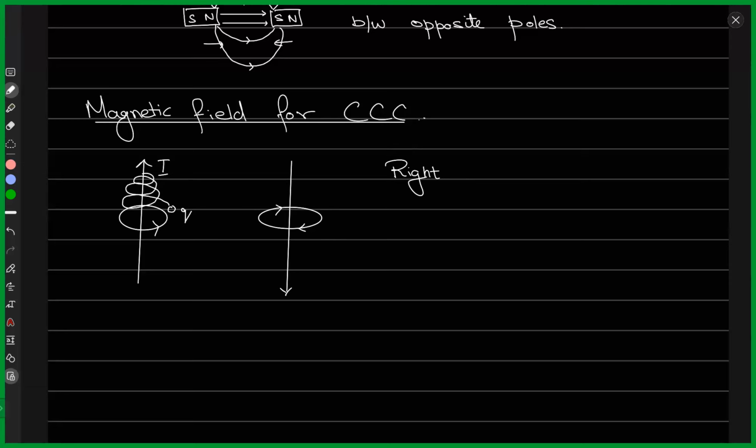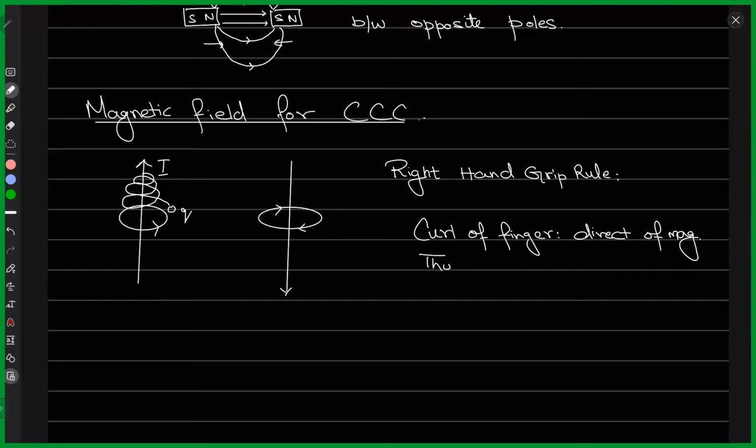So if I have a straight wire that I've just drawn, there is a rule called the right hand rule, or right hand grip rule, which just means that if I hold this conductor, I curl my fingers around it, and the curl of the fingers tells me the direction of the magnetic field, while the thumb points in the direction of flow of charges or the current,